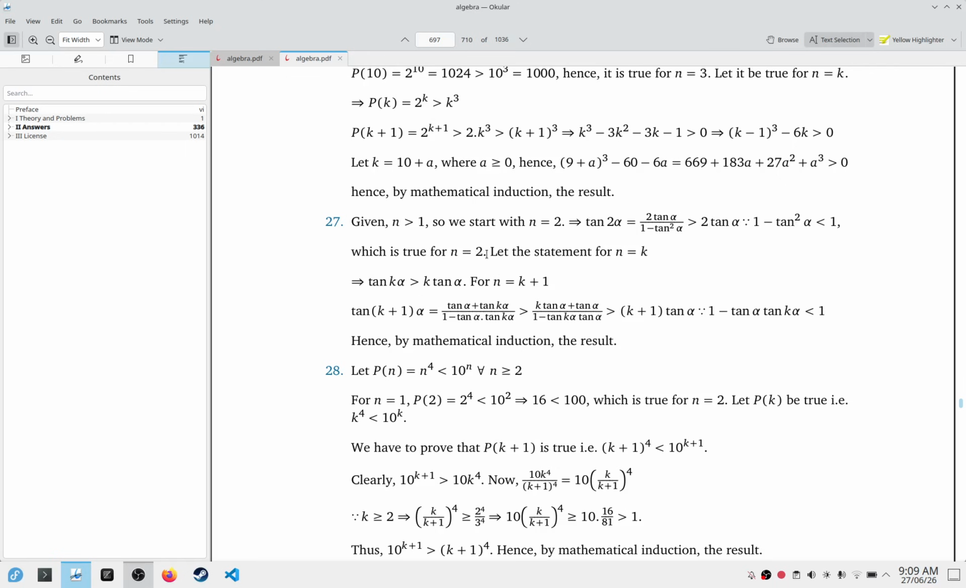Which is true for n equal to 2. We let this statement be true for n equal to k, so tan kα is greater than k tan α. For n equal to k plus 1,